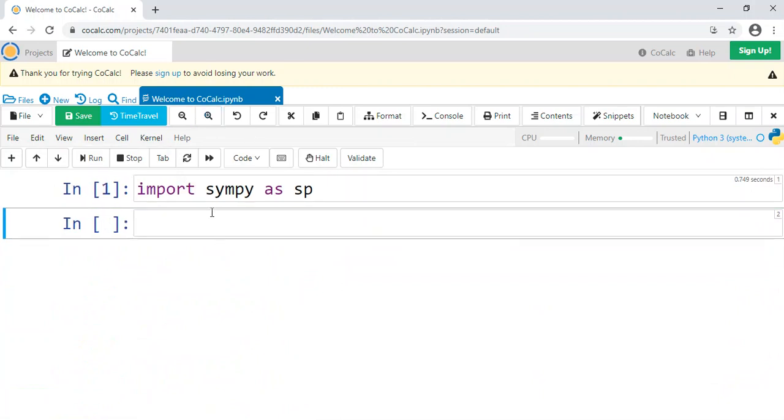Okay, and so we have import sympy as sp, and let's do sp.pi plus sp.sqrt(2) times sp.Rational(3, 4). Got there in the end.